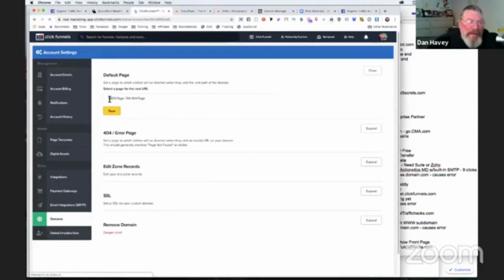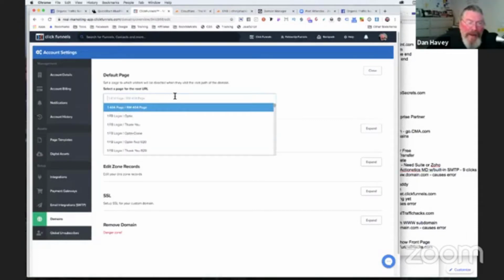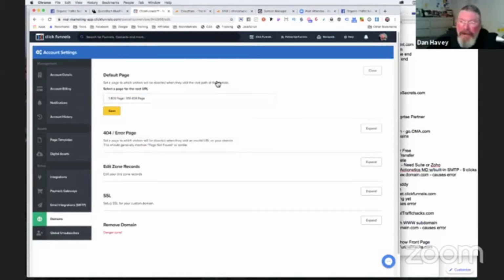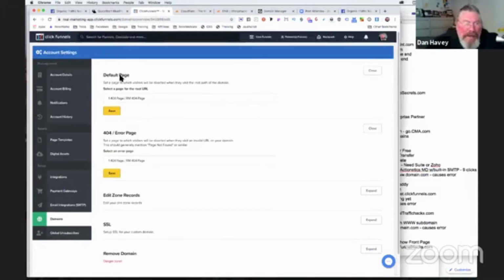This one I just put there so it would be higher alphabetically. So 404 page is the funnel name, and then RM 404 page is the page name itself, the extension, the path on the page. And the reason why I did this, and I set the default page and the 404 page to this 404 error page, is so that if I have a domain out there